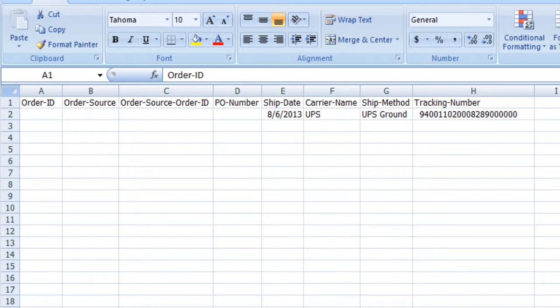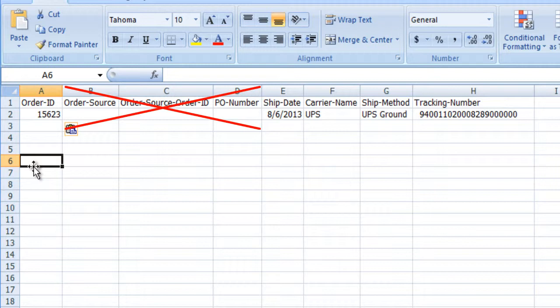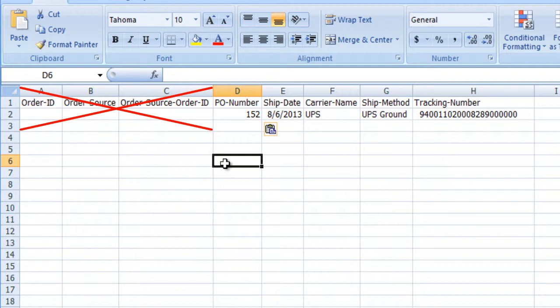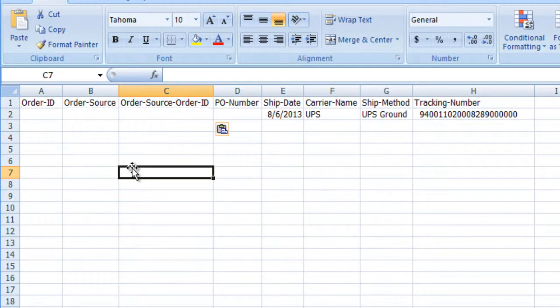Now let's look at the first 4 columns. These columns link the shipping information with the order. If the SellerCloud order ID is provided, then there is no need for order source order ID, or PO number. If PO is provided, like for a dropship, then the order ID, order source, and order source order ID are needed. If both order ID and PO number are not available, then you will need both the order source and